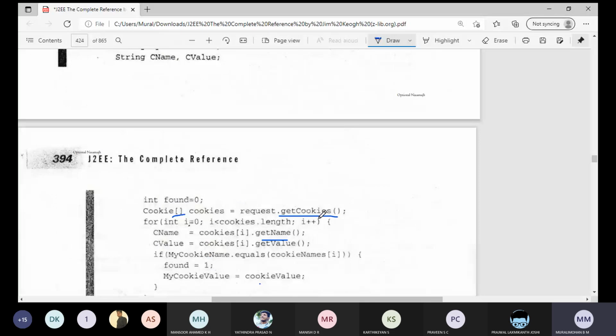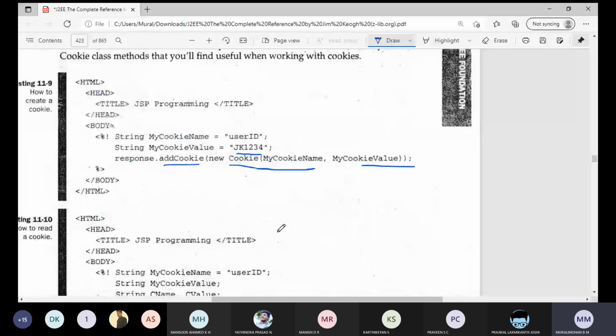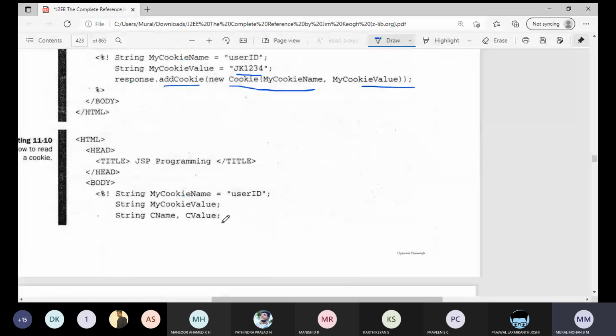This is done by the server part. From the browser, cookies have to be sent along with the request. Here, any doubt?